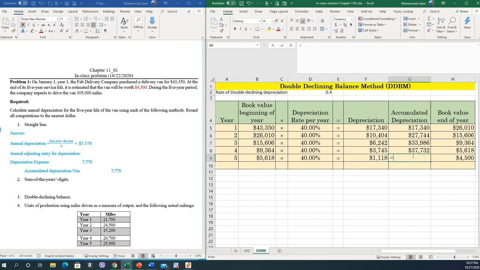Okay, so the accumulated depreciation would be this one plus this one. Okay, so this is our accumulated depreciation, and this is the end of year book value. That is, this is our residual value. Okay, I hope you